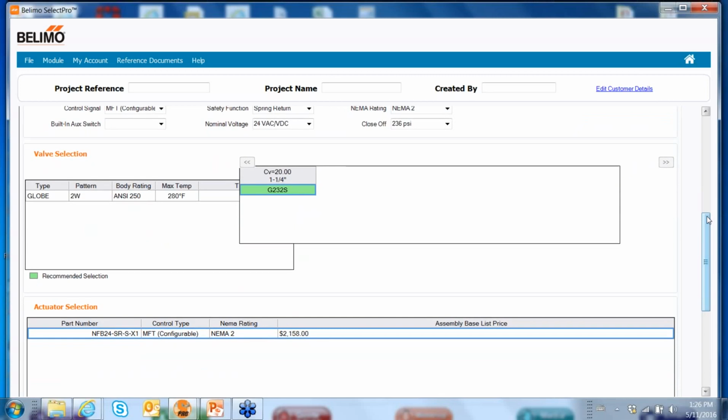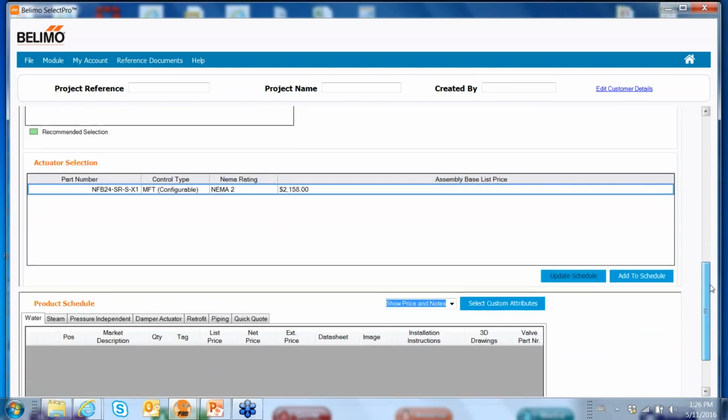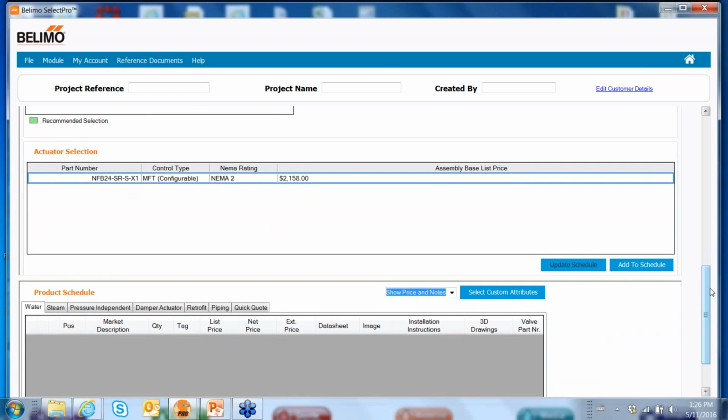And because I put in a lot of data, it selected one actuator. And that is a list price. Don't let that scare you. We do not sell for list price. See down here you can see show prices and notes or show selection criteria, but it will keep the list price in that area. So I have my valve selected, and I'll put it into a schedule,